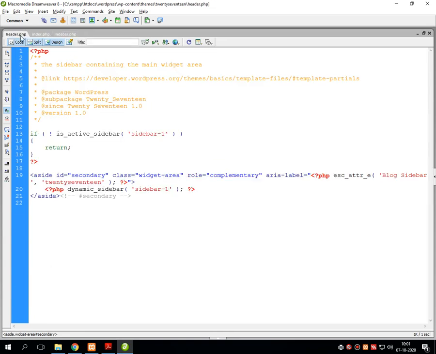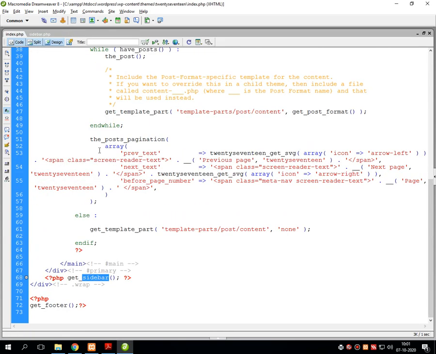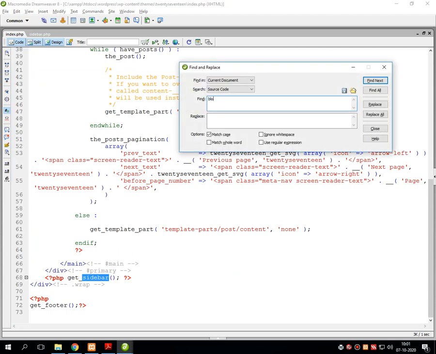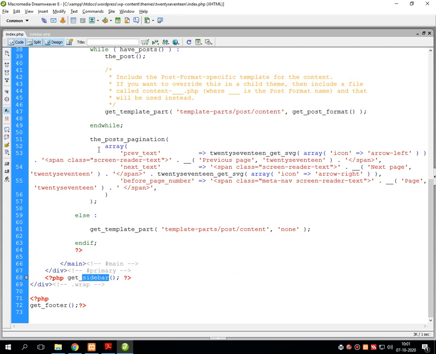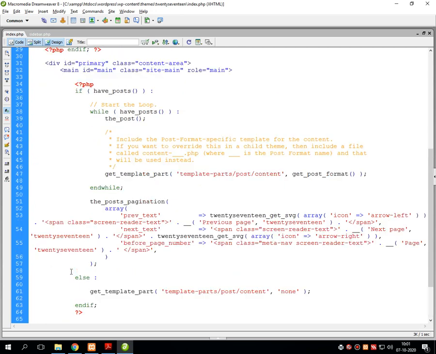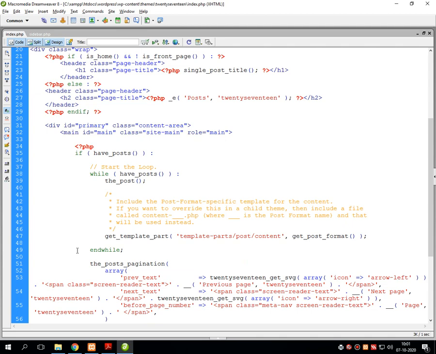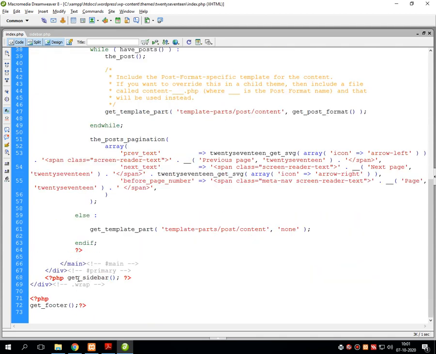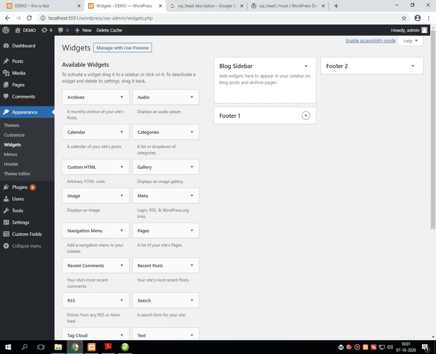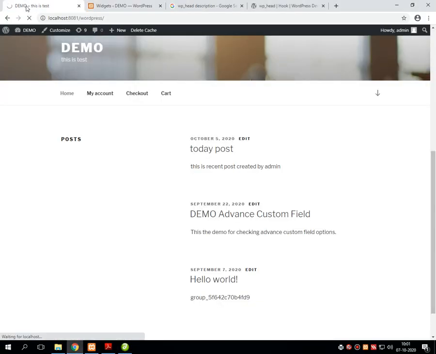Close this header and footer, it's not important now. Save, refresh.